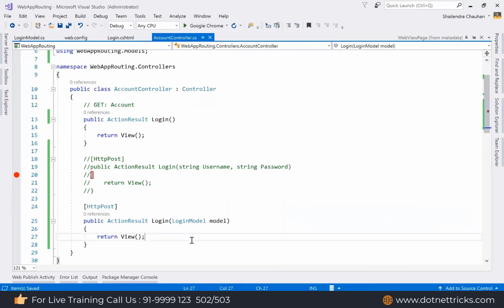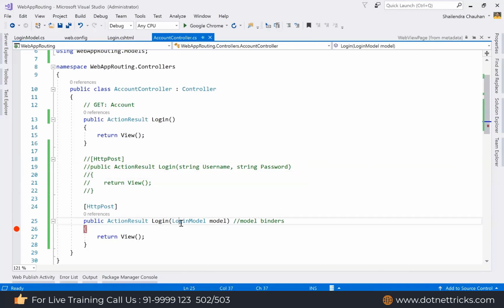Because in the login model, we have the same property names as our text box names. So here the model binder internally will do the typecasting of the request body data. The model binder is responsible for mapping the value of the request body to the action receiving parameter. In the above case also the model binder is responsible.